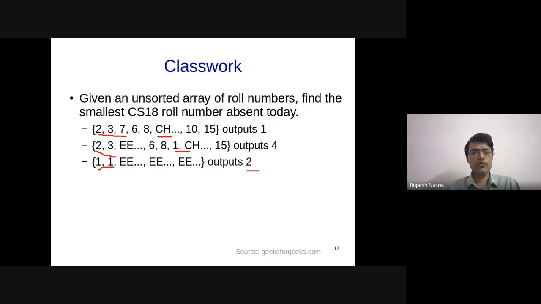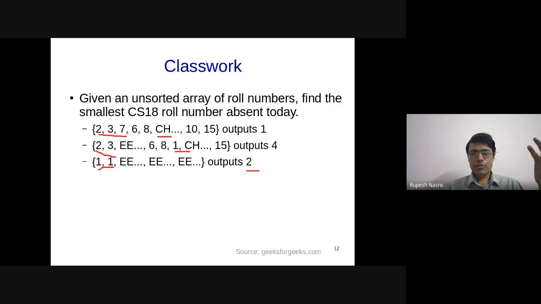So just take some example. For example, if you take 1, 2, 3, 6, 7, I'm just sorting it, 1, 2, 3, 6, 7, 8, up to, let's say, 10. So all the numbers might be present except for, let's say, 4. Now, if you try to set bits from 1 to 10, there is a 15 element also present, suppose. But I'm not going to worry about that 15, because as soon as 15 comes, I know that some element between 1 to 10 is missing, assuming that there are 10 numbers in this array.